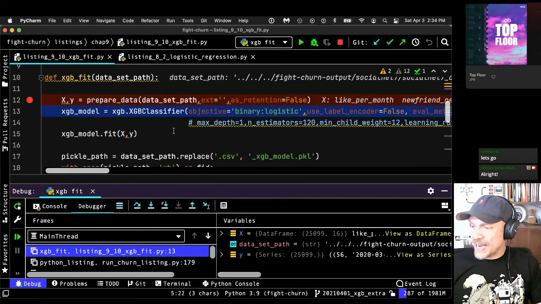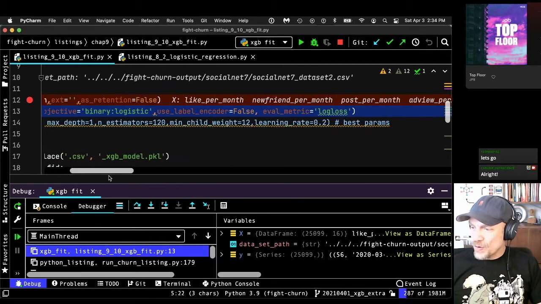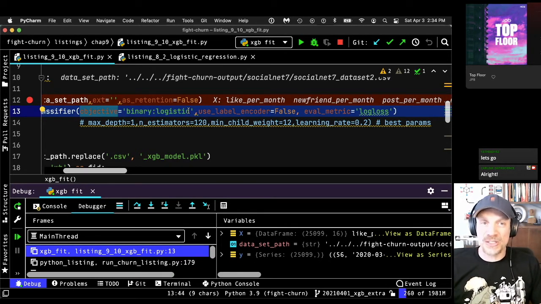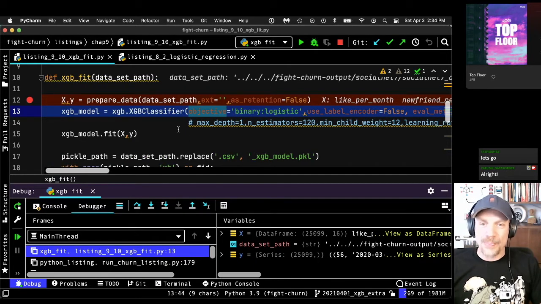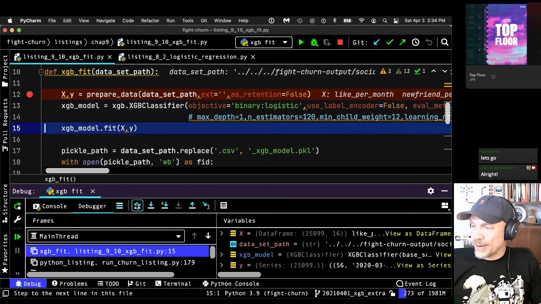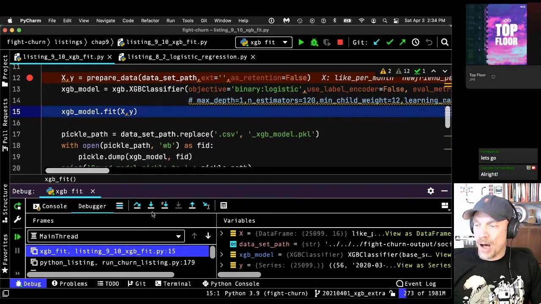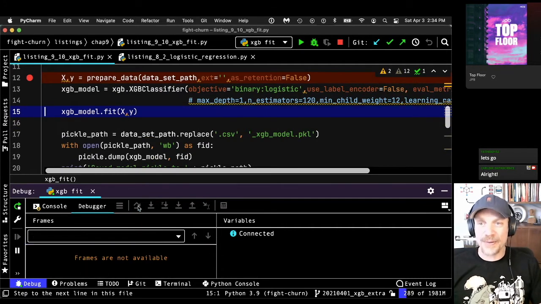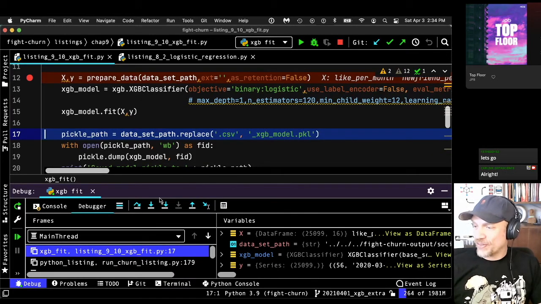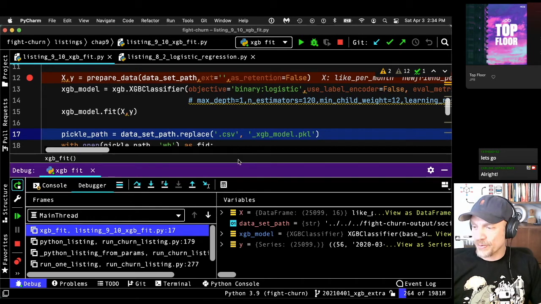So we create an XGBoost classifier here, and we're using the objective binary logistic, which means we're trying to predict the probabilities of churn or the outcome. And these other parameters are just some defaults. Don't worry about the other parameters for now. And so really this is all there is to it. So I created the object, and now I call model.fit. And as I told you, fitting is what they call training or learning. And that was it. It just ran. So we just fit the XGBoost model right now.